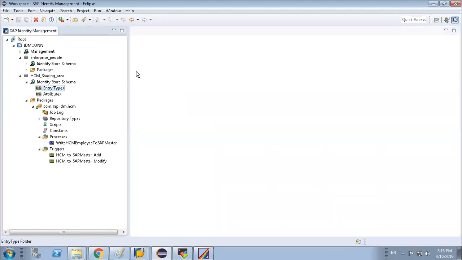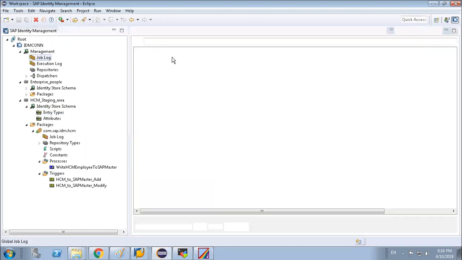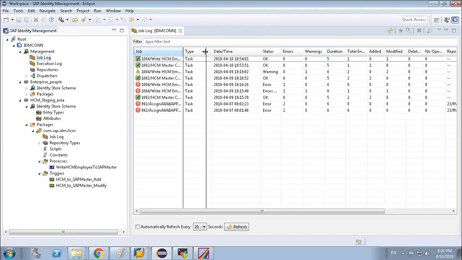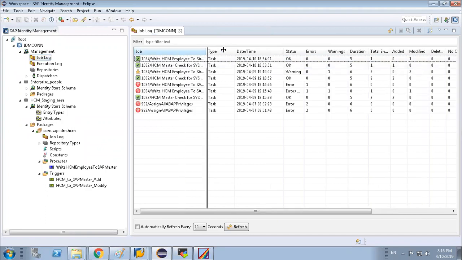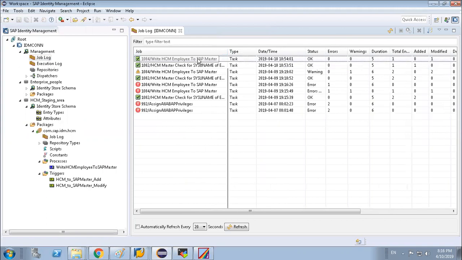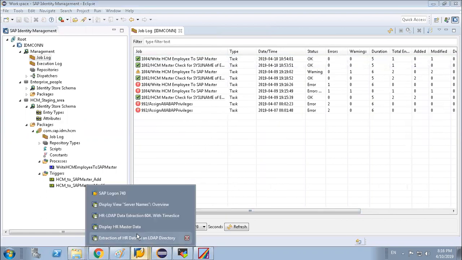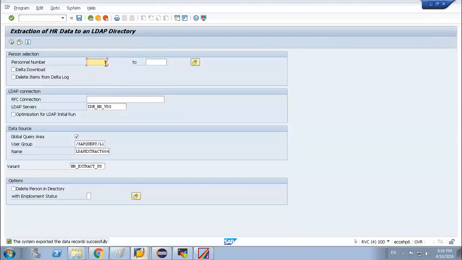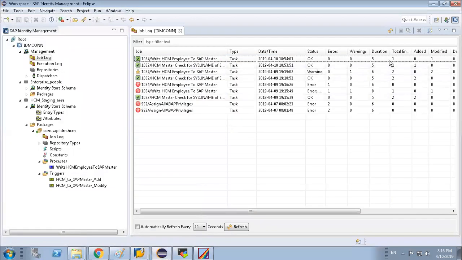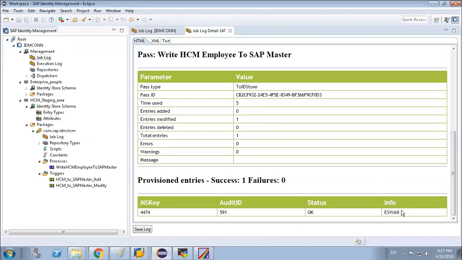So let's close all those things. Go to our IDM system, click on the log. You will see this data has been checked. This data has been sent into our IDM system just now. Okay, you just clicked over here and the data came up. How much data is there? You will see only one record. If you click on this one, you will see the info of that user has come up.